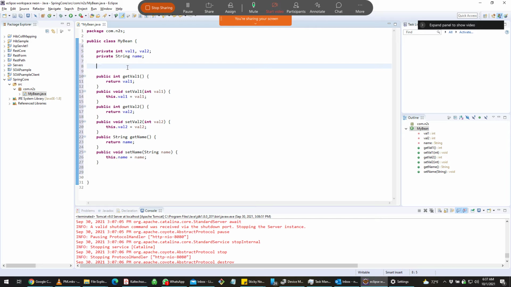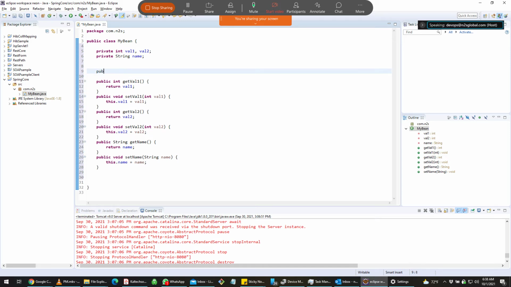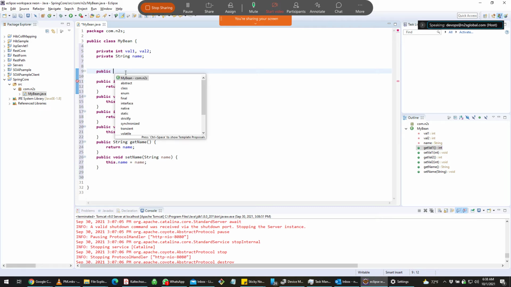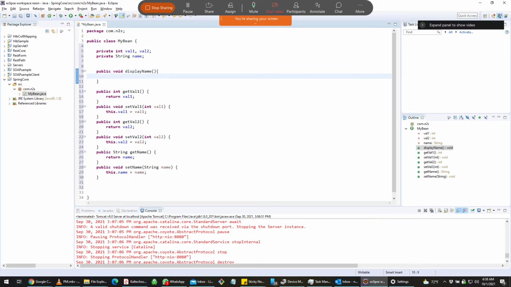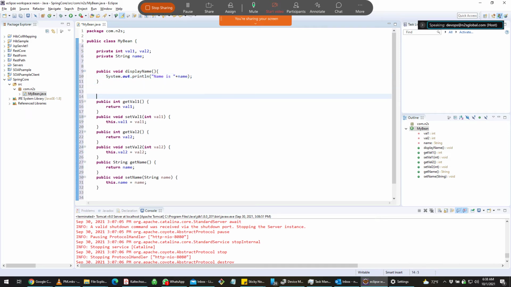Okay, and I want you to create two more methods. One method to display the name and one method to add val1 and val2. So public void displayName. Inside that method, you can sysout "name is" plus name. You can have an addition method. Public void addition, sysout